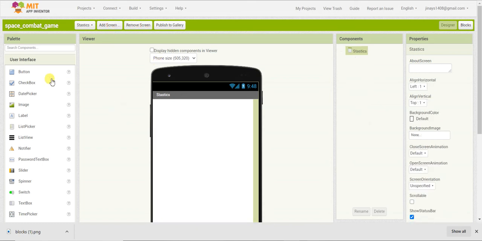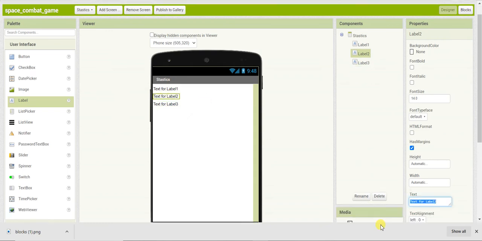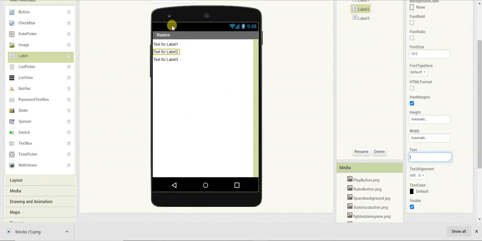So now here I'll add labels. Three labels I'll add here. The second label I'll remove the text. For the first label I'll give the text as "your last game score was".